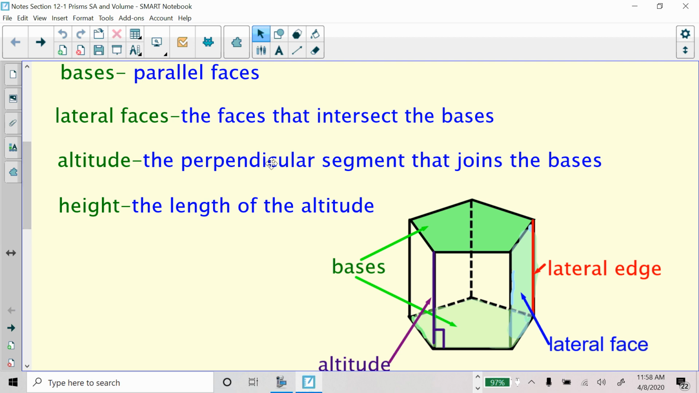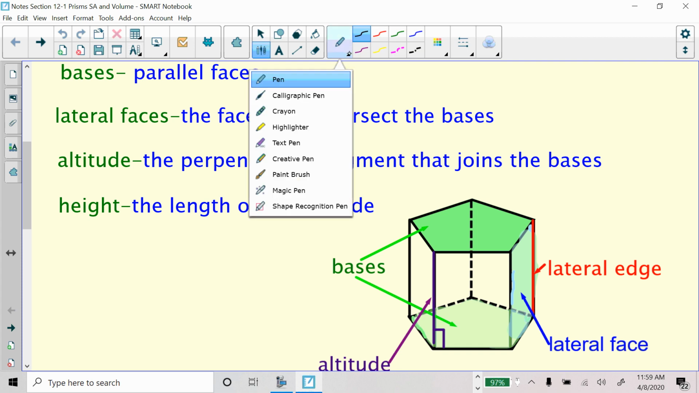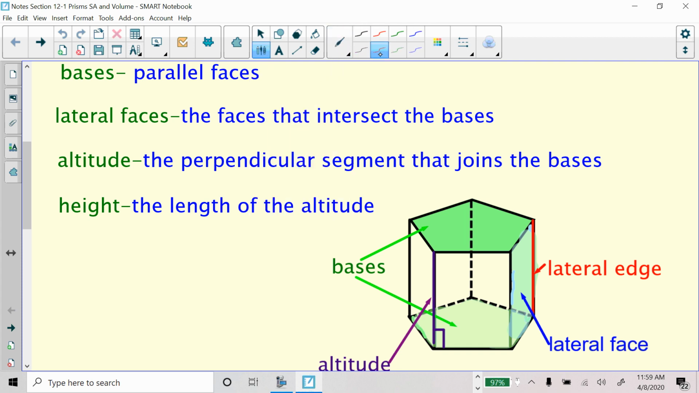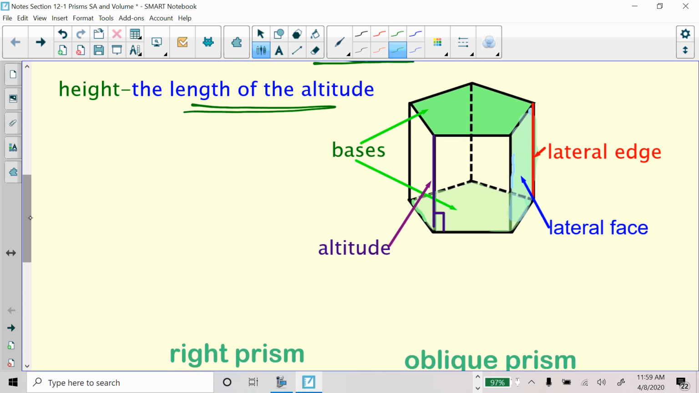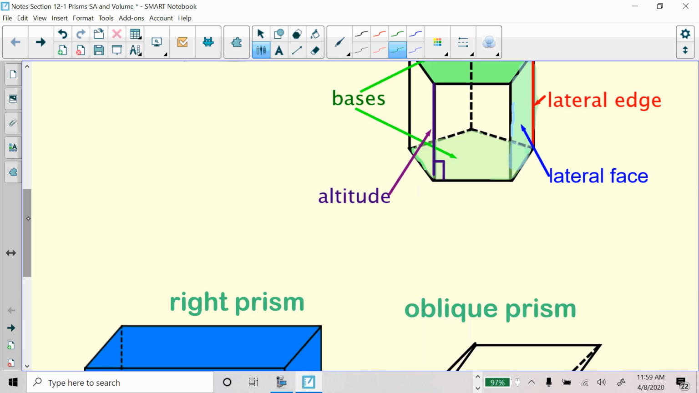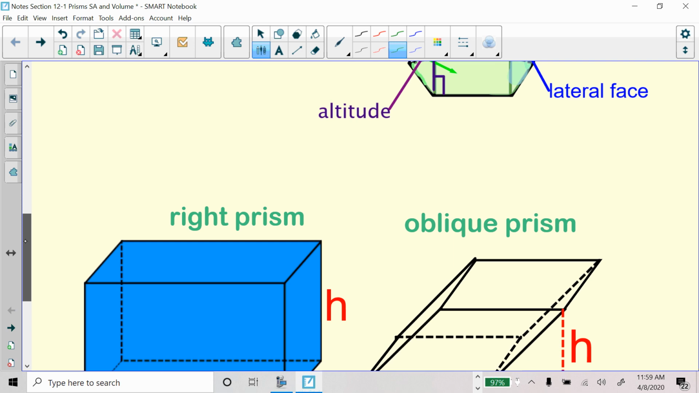The lateral faces are the faces that intersect the bases. A lot of times, if it's a right prism, they're perpendicular. We're going to talk about that in a minute. An altitude is the segment that joins the bases, and the height is the length of the altitude, right? And an altitude would look a lot like a lateral edge. If you were physically touching a lateral edge, that would be represented by an altitude or lateral